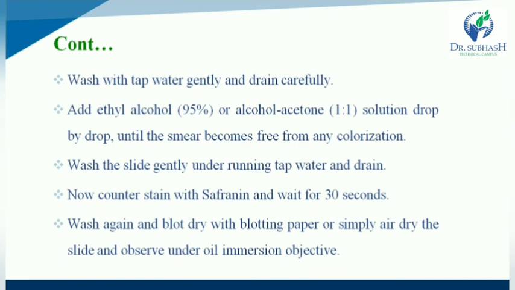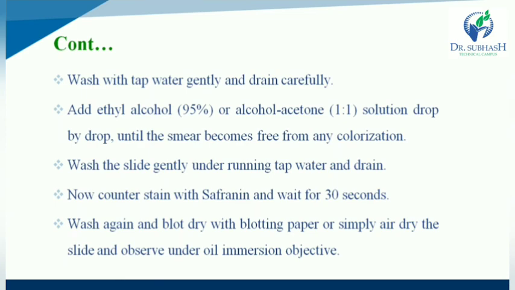After crystal violet, the glass slide is rinsed with water. After that, second step is add iodine or Lugol solution and wait for 1 minute. The iodine solution acts as a mordant, and after that the glass slide is washed with distilled water.